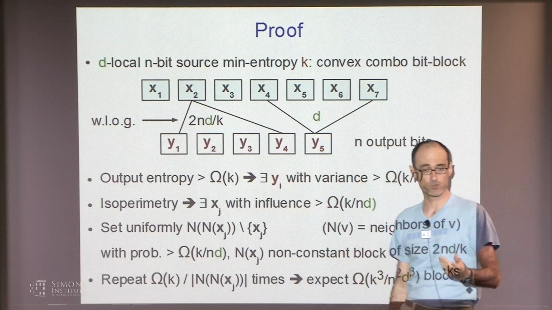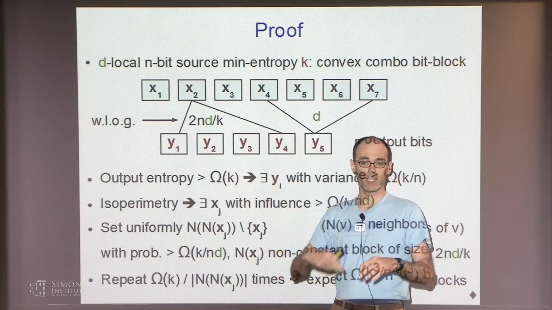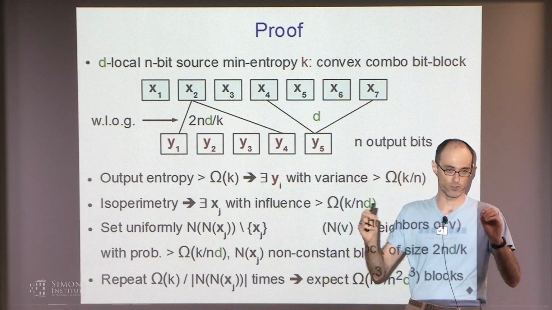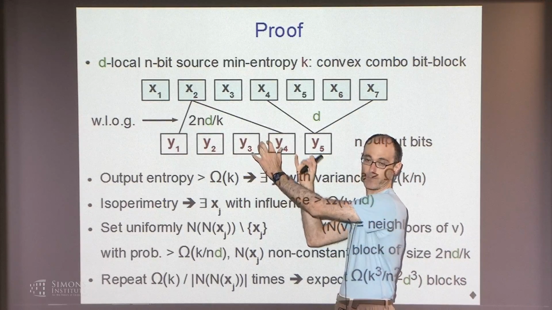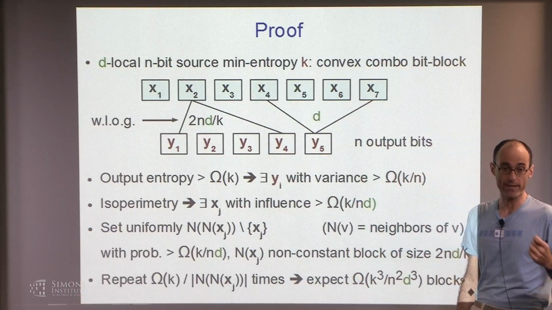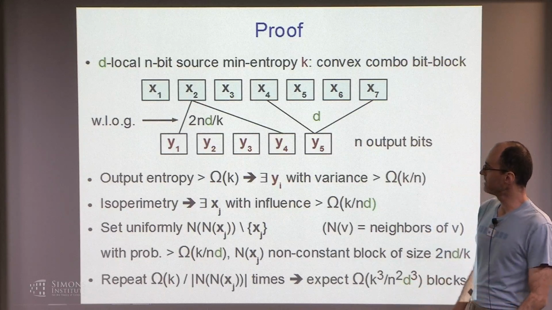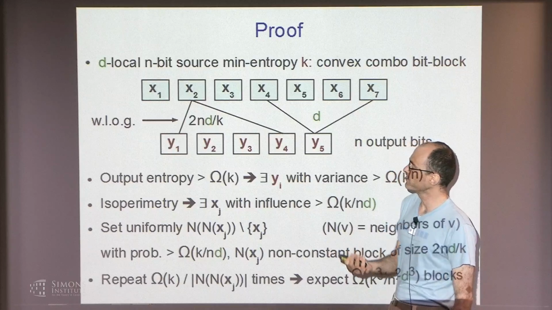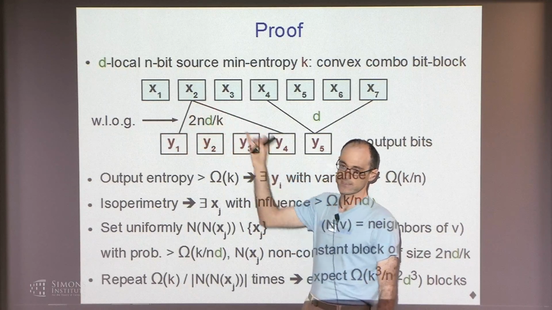Okay, what am I trying to show? I'm trying to show that this output distribution here, the y's, can actually be written as a convex combination of these bit block sources, in which we just have these blocks of things which are independent and each depends on just one bit. Okay. With high entropy. So how is this thing done? The first step is that without loss of generality, I can also ask that the degree of the x's is small.